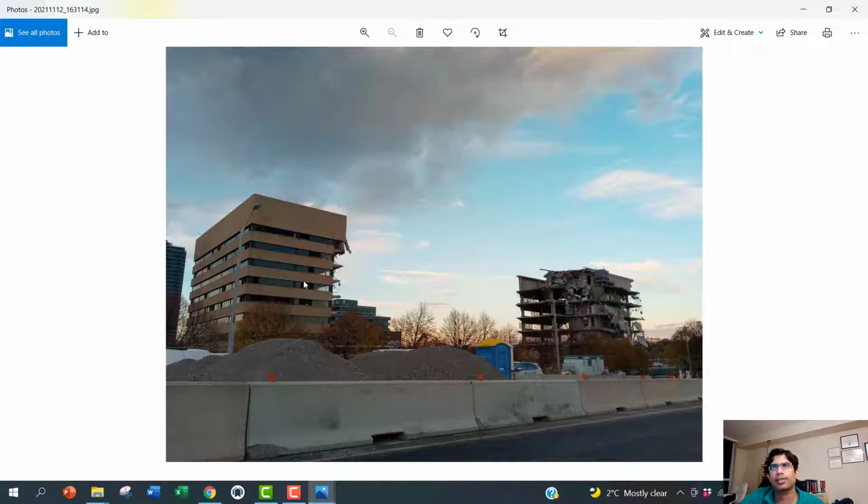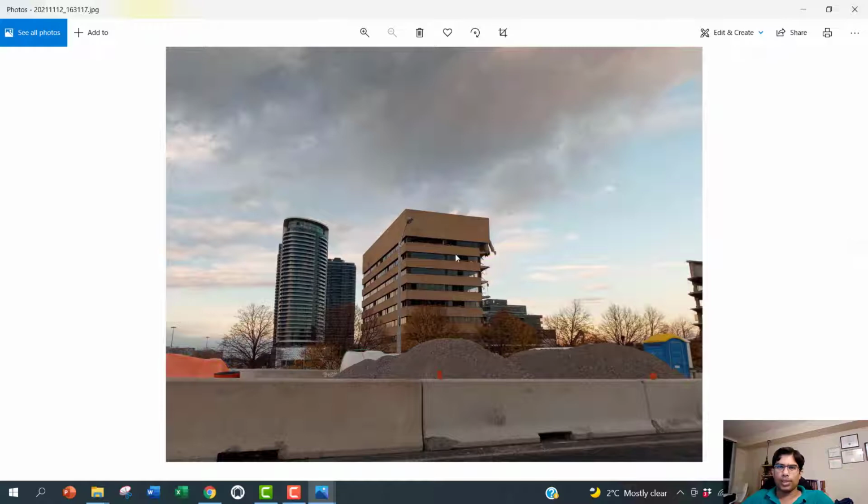These are the head office buildings of SNC-Lavalin, the large Canadian engineering company. They're doing demolition of both of these buildings, and probably they will build some large condominium buildings for residential purposes afterwards. But for now, they're demolishing the office buildings of SNC-Lavalin. As you see on the right-hand side, I can show you all these photos. Those are not damaged; they're intentionally demolishing both of these buildings.